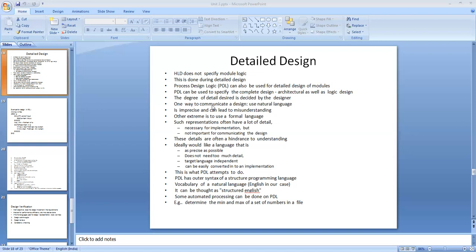It can be thought of as structured English basically, because the structure of a design expressed in PDL is formal, using the formal language constructs, and some amount of automated processing can be done on such designs.